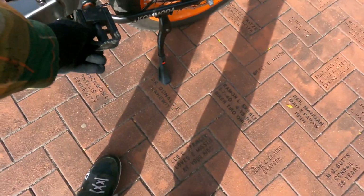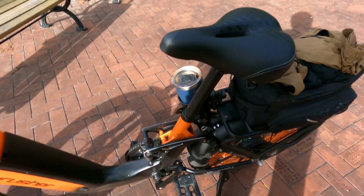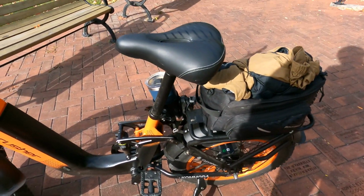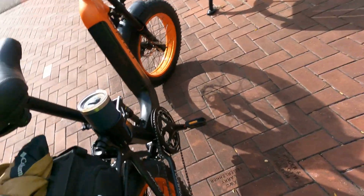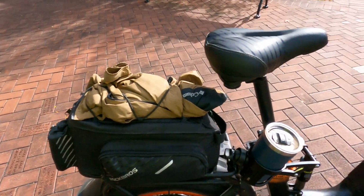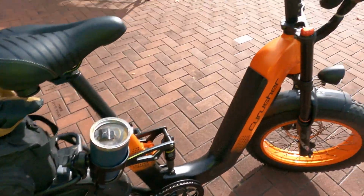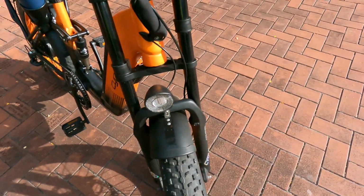Now these pedals actually fold. I have never figured out the purpose why, because with the width of the handlebars, you're not really getting a lot of difference in how the bike sits. And again, this bike rack actually came on the bike here, and this is part of the bike, but I added this bag and I got my extra battery in there, and of course my coffee. I drink a lot of coffee when I'm out riding, one of those people. And the extra mirrors I put on, and then it's got, of course, its headlight up here, and